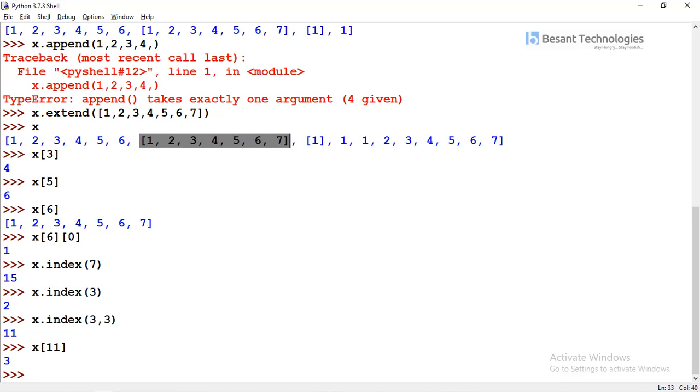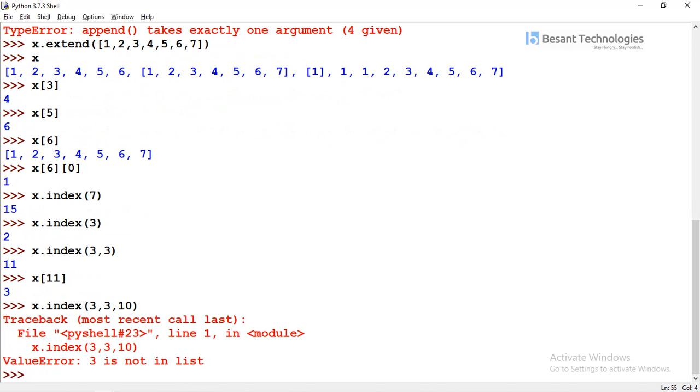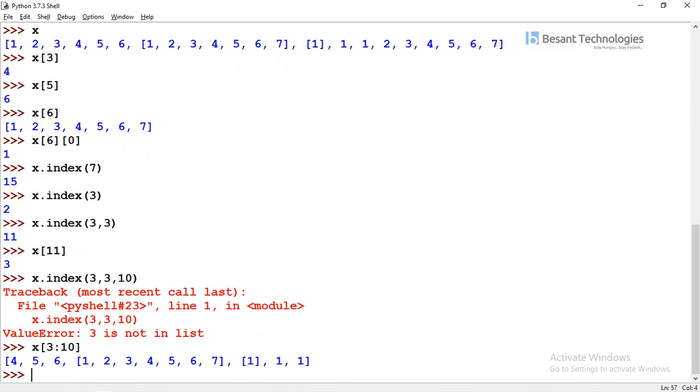We can go ahead like this. We can still pass 3 arguments here: the value, start, and stop. So I am just giving a range up to 10, and we get 3 is not in list. The reason is we don't have any value 3 in between, up to the third index, and the last value is always excluded. So we get 3 is not in the list, a ValueError.